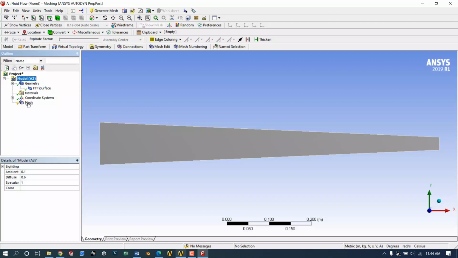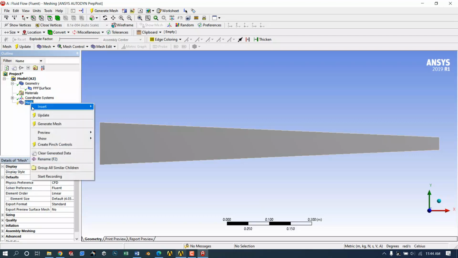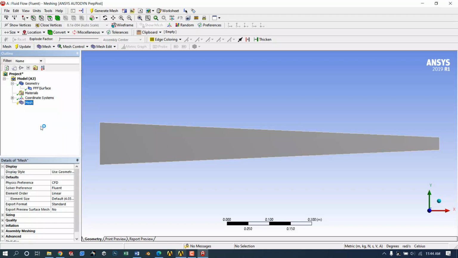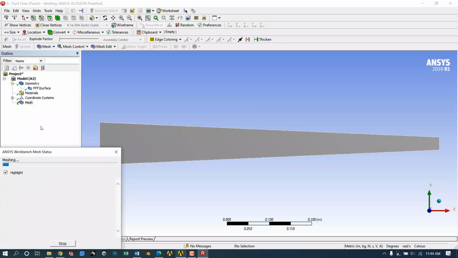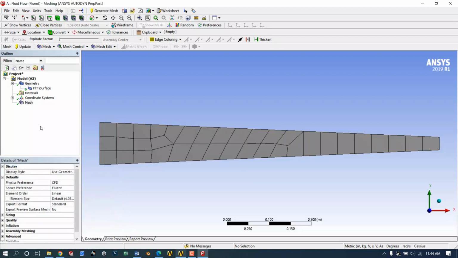First thing you'd want to do is to click mesh. You click this, or right click rather, then click generate mesh. It would create a preset mesh for you, and if you don't like it, you can change it. I definitely don't like it. Normally it's supposed to be smaller than this by far. So what you'd want to do from here is